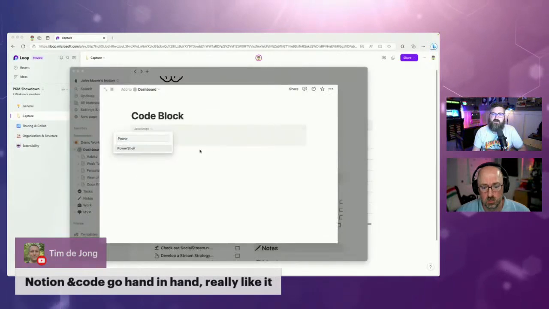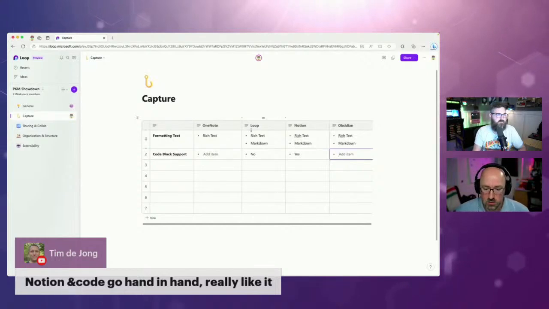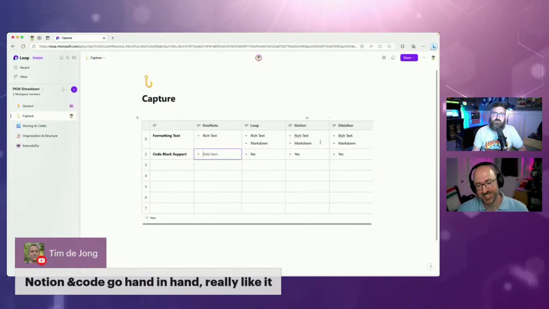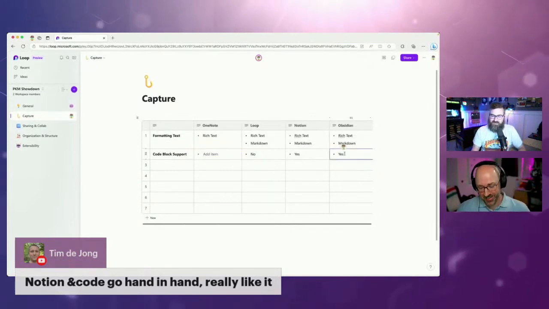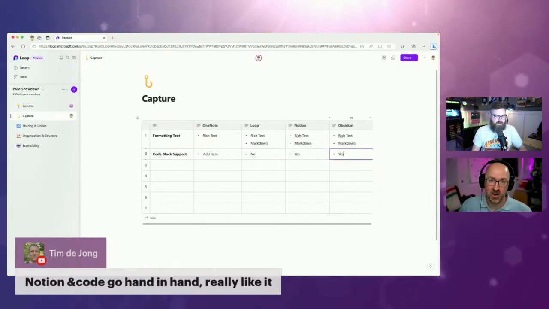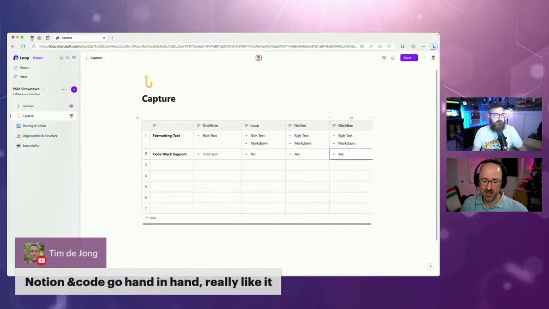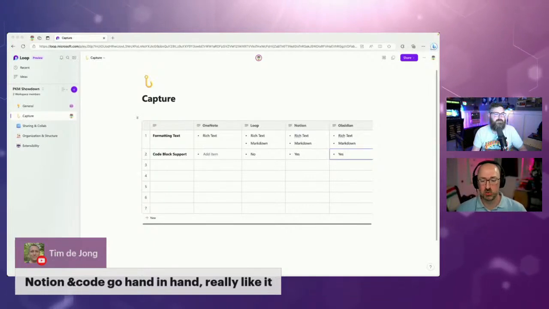What about Obsidian? Do we know anything about code blocks in Obsidian? Probably yes, right? Yeah, it does support code blocks with a triple backtick. What does that mean? It's underneath the escape key in the upper left-hand corner. Oh, these. Okay, so you do three of those and it makes a code block. Yep, you do a triple backtick, and then you're able to enter in the code and end it with a triple backtick.